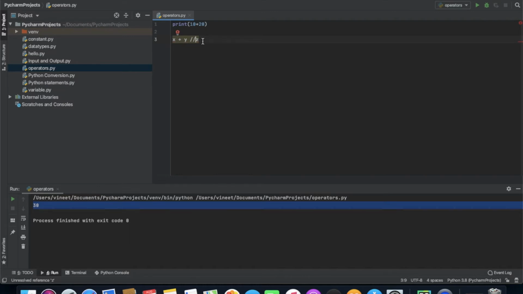So let's start with a practical example of arithmetic operators in Python 3. I'll take the same example, x equal to 10 and y equal to 20.